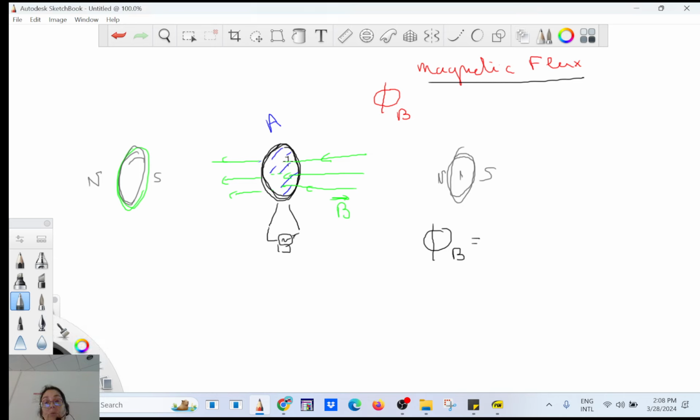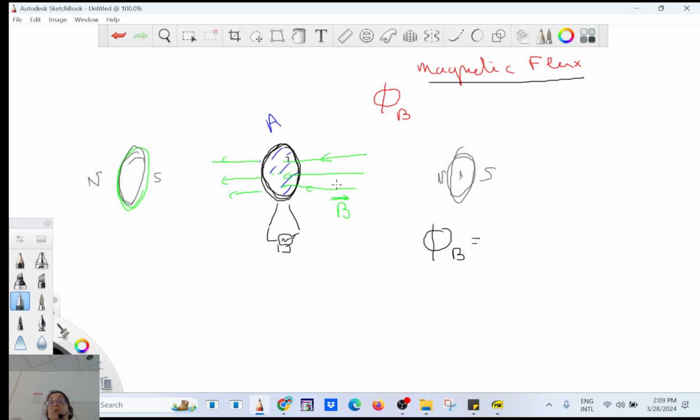That will always be the case for the computation; otherwise, you have to introduce a cosine somewhere. But in that case, the number of magnetic field lines will depend on what? First of all, it will depend on the